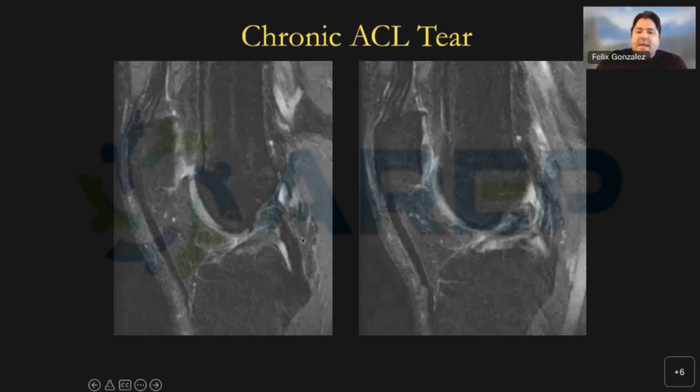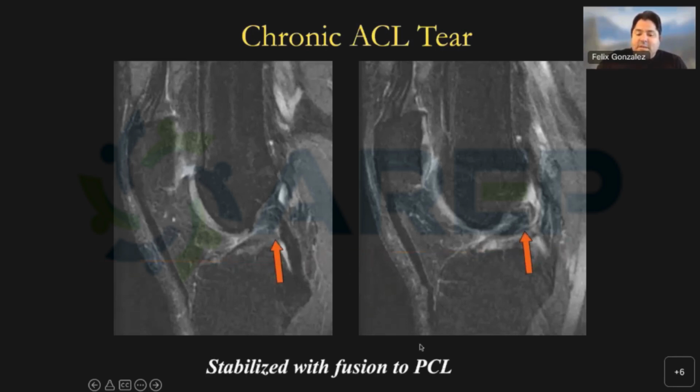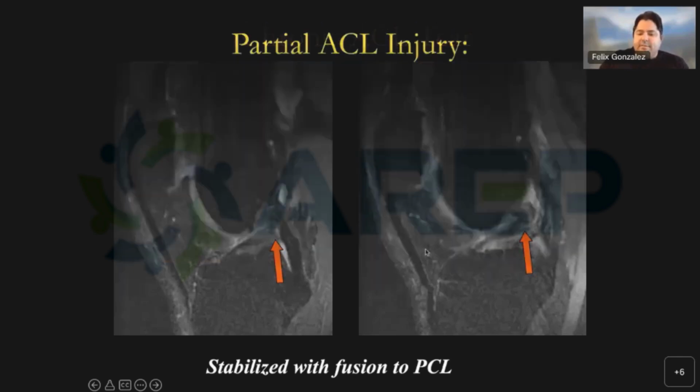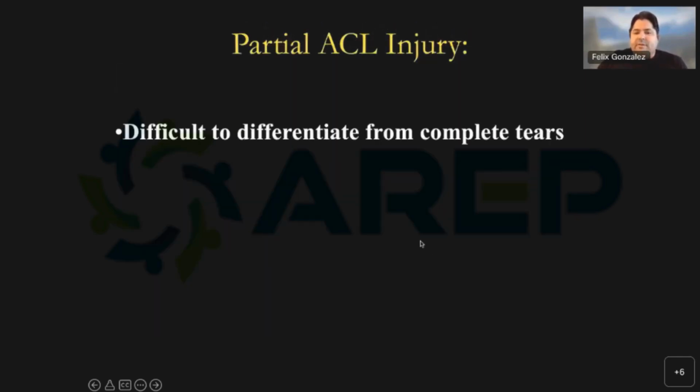This is a chronic ACL tear with synovialization, right? Synovitis, and the fibers are actually attaching onto the PCL, they fuse onto the PCL. I see that. I don't see it often, but I see it enough that I'm very careful how I describe it on my